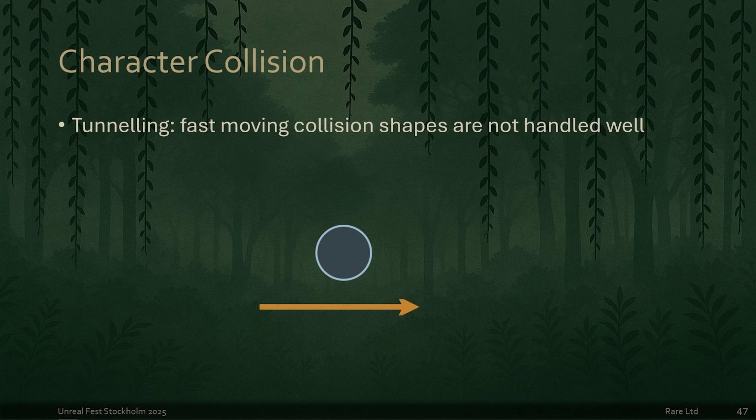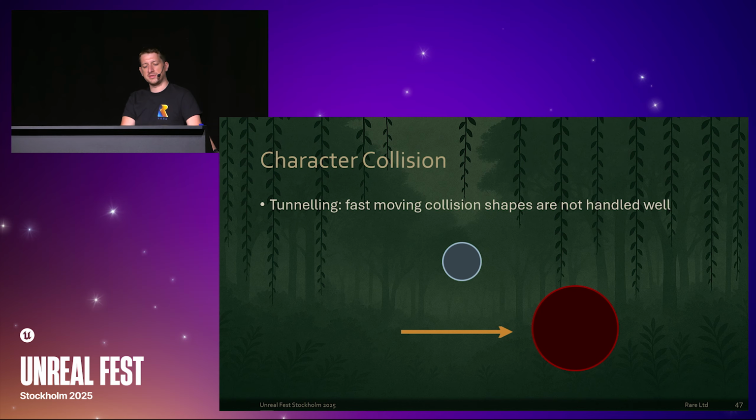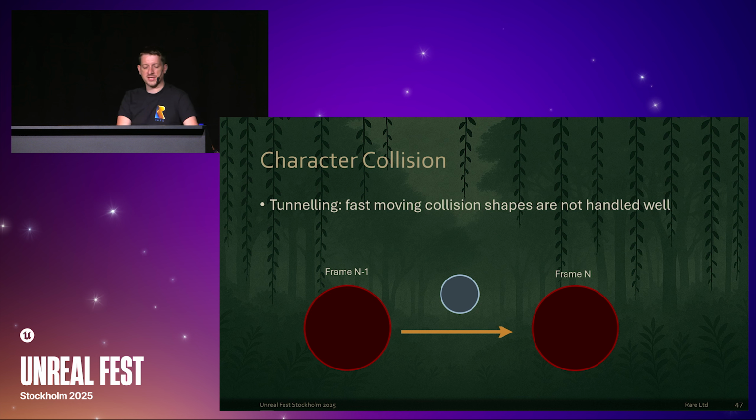And that issue is called tunneling. So if you have a moving collision sphere like this, which will go through a PBD node over the duration of one frame, we actually only have discrete times at which to evaluate the position of the collision sphere. So in reality, it will be here on one frame and then there on the next frame. At neither of these frames do we overlap with the PBD node to push it out of the way,